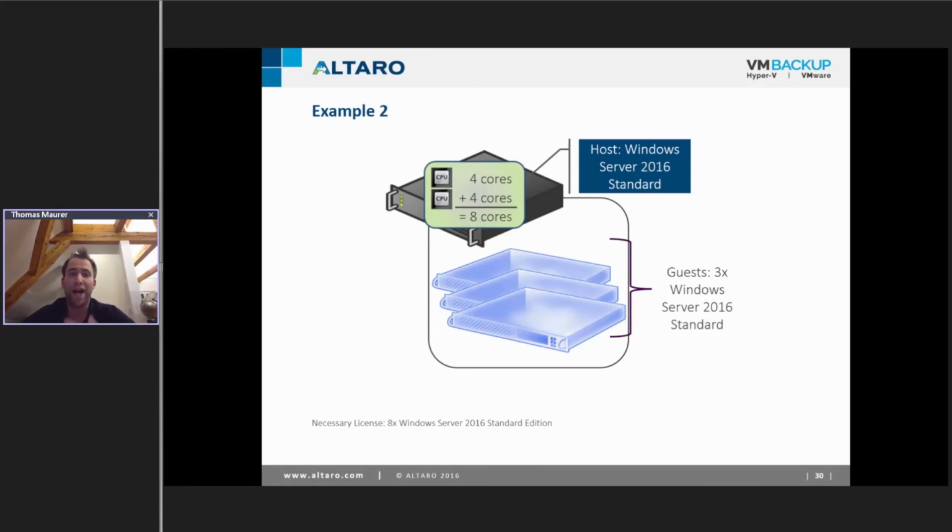So let's go a little bit further. Now, when you think about it, I told you that you have 2 licenses for Windows Server guests in that case, and now we're running a 3rd Windows Server on that. Since we don't have more physical cores, we're kind of over licensed, but we have licenses left, right? So in that case, we still have 8 Windows Server 2016 Standard Edition 2-pack licenses, but we can create another 2 virtual machines on that, or for example, just 1 virtual machine on that.